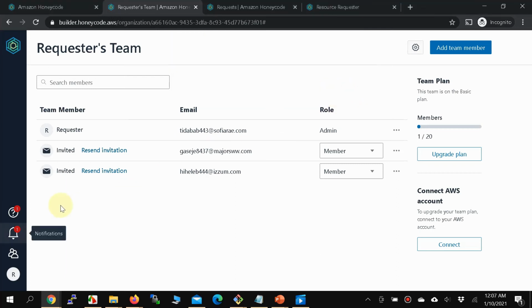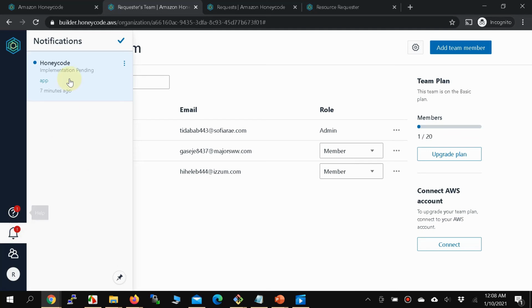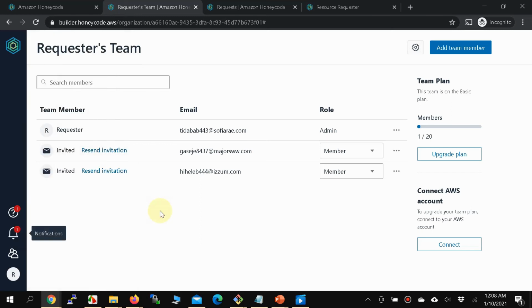So while we still wait for the notifications to arrive so that these two folks can actually go ahead and join our team, there's one thing I wanted to note, that because when we implemented the request, we actually gave the same email ID as the requester, and that is definitely on our team. That is, we are ourselves on our team. Notice that we actually got the implementation pending email, right? So that's kind of there, right? In fact,